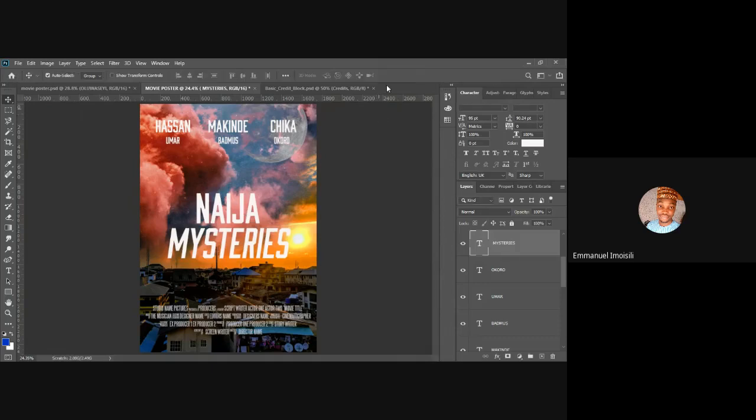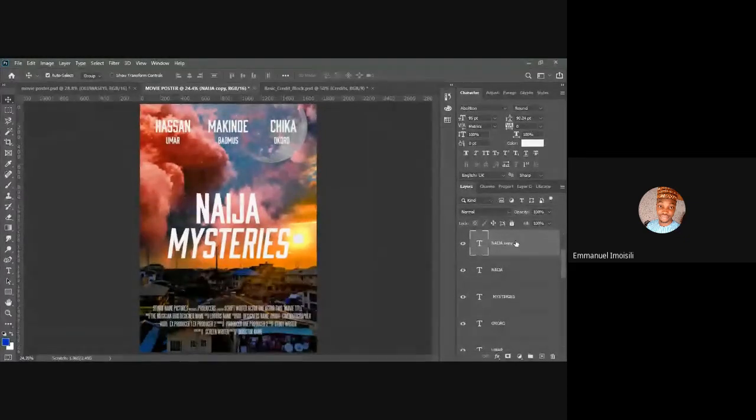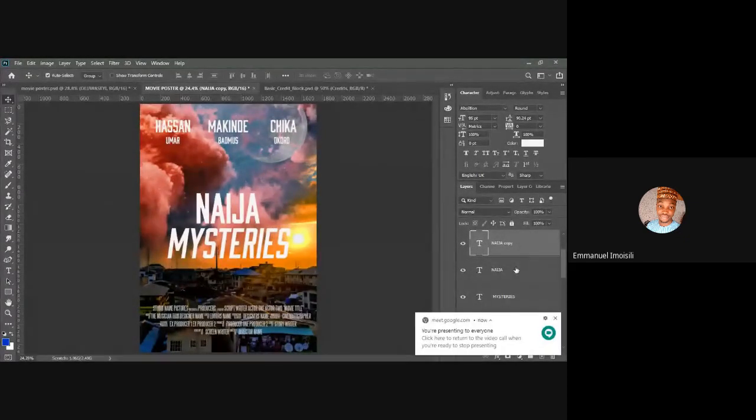I'm going to show you how I did that hazy effect here. On my Niger layer, I duplicate my layer using Ctrl J. Now I have double layers here. Then I click on my bottom layer and I go to